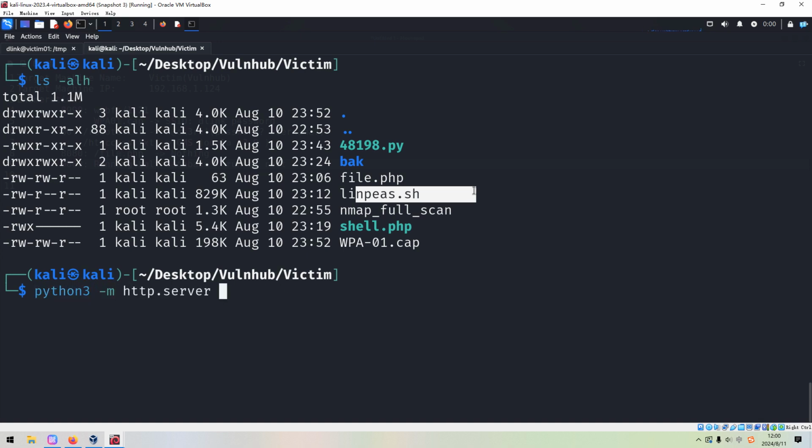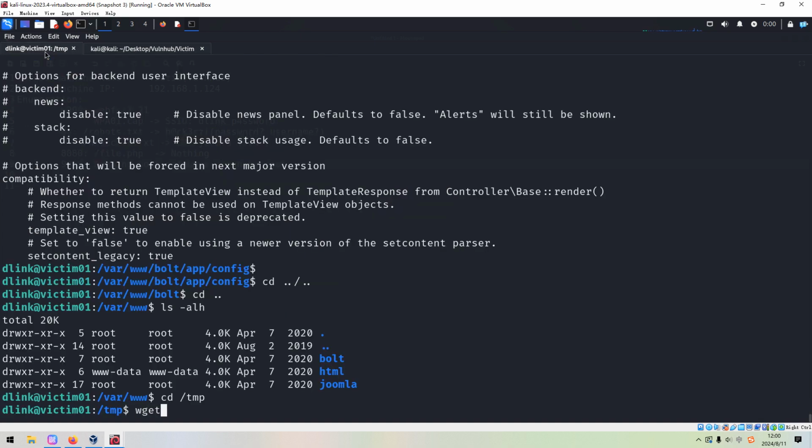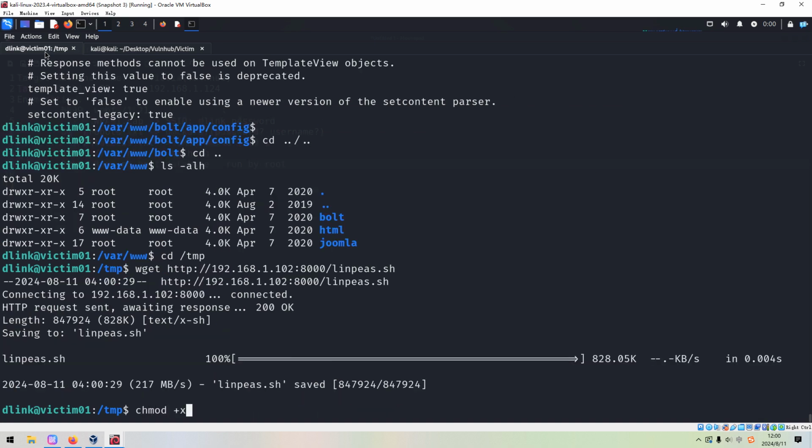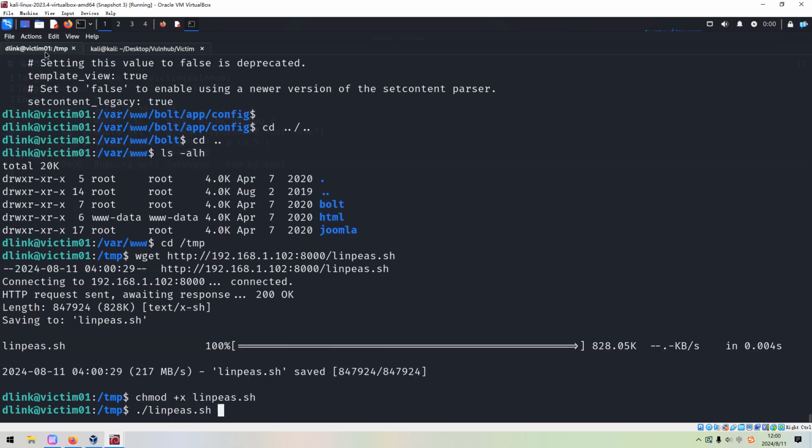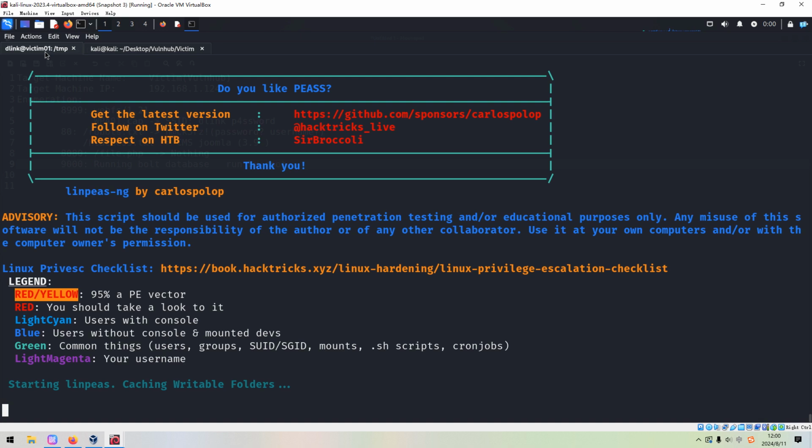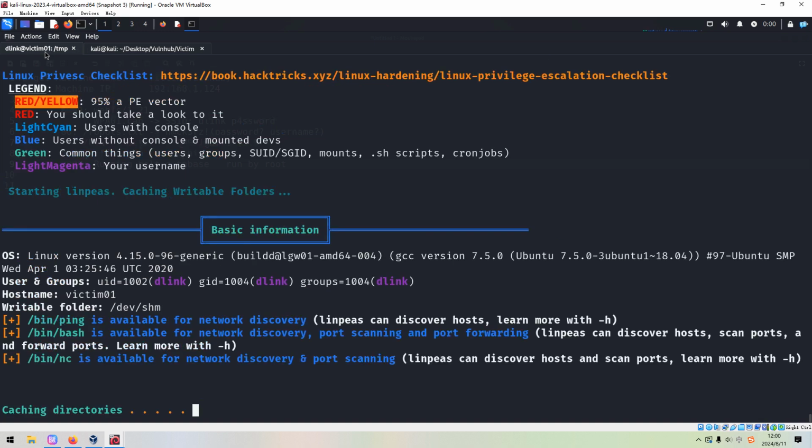To do that, we can set up a web server on the Kali Linux. Now we go back to the target shell, Linpeas, and we need to make it executable, and we can run it to see whether we can find vectors or vector to help us to elevate privilege.